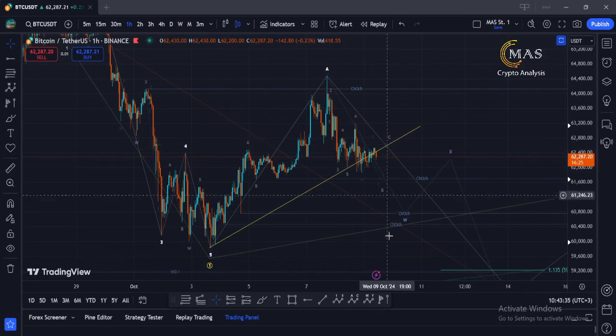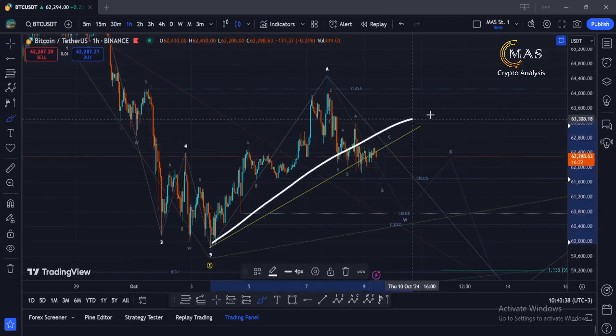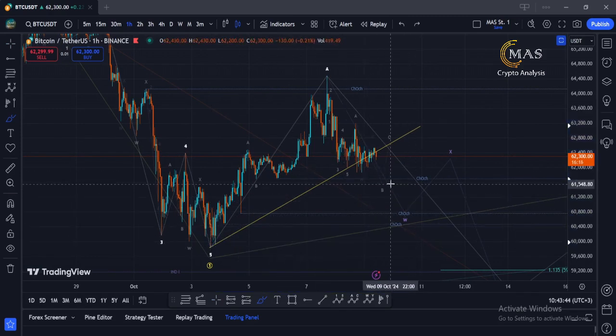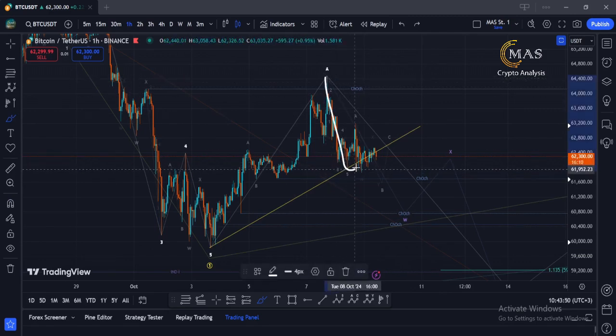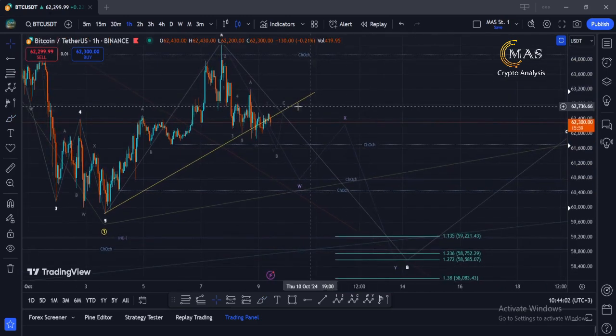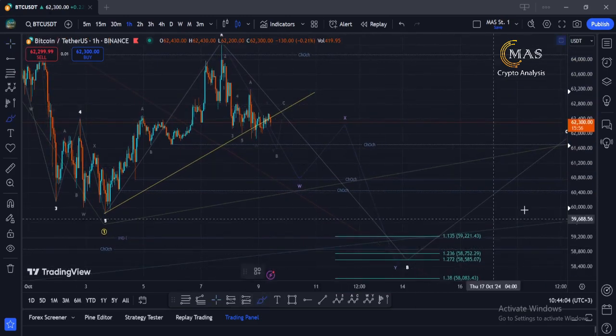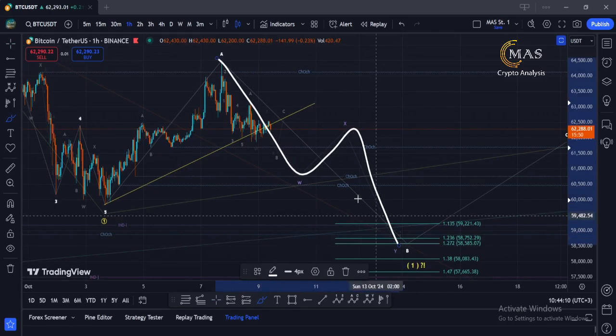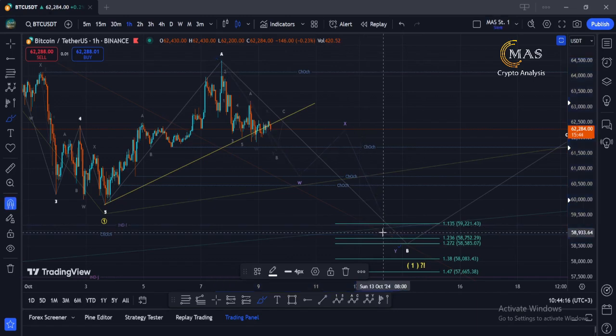We moved shallow here around this yellow trend line, as we bought it here, my friend, in my previous video. And here, my friend, after reaching down, I counted it as 5 waves. So I am waiting to see this C end and go down to end this W in this WXY counting. And my decision for reaching down here for this white B is that I am waiting to see 3 waves, W, X and Y, to end this white B. This is my expectation here, my friend, for this white B reaching down.